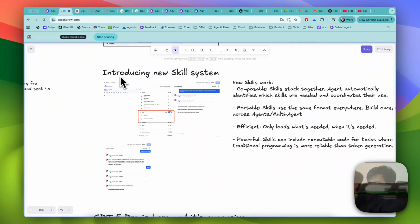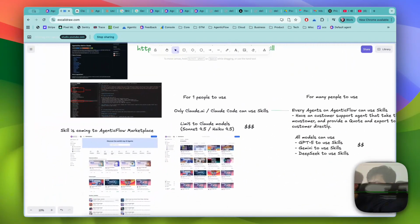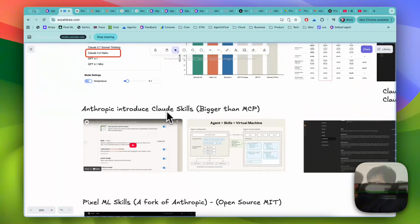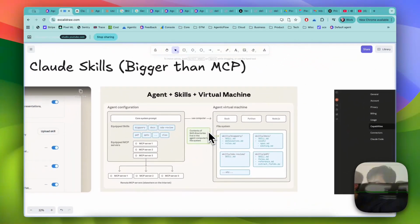So we are introducing the new skill system. I mentioned this during the office hour before. Anthropic introduced skill last week. This is bigger than MCP because the agent skill is actually a combination of many things that you can combine